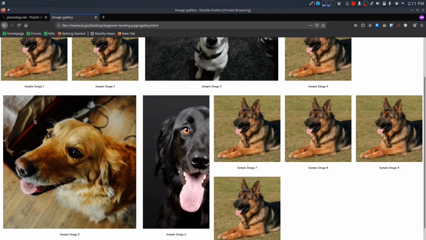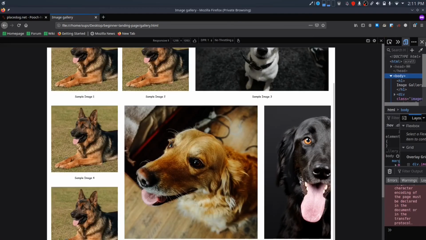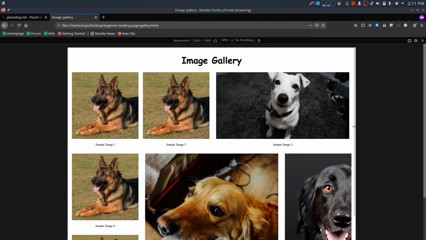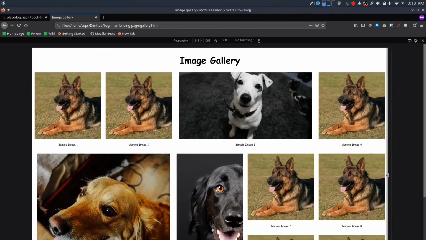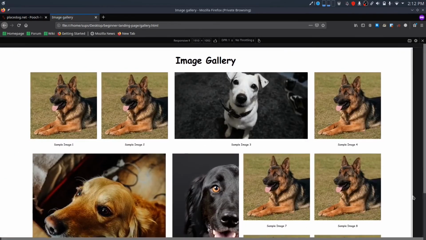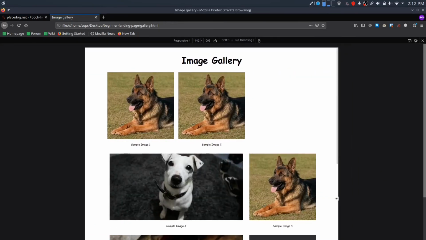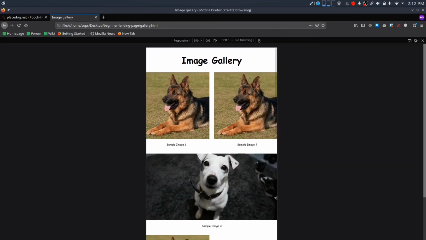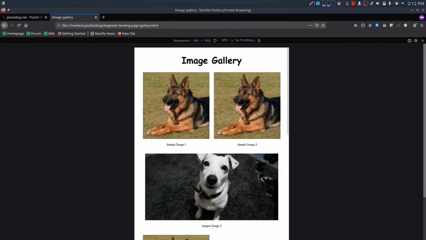To check responsiveness in Firefox, you can switch to responsive design mode from developer tools. Now you can resize and check how the web page responds to the change in the width. Notice how the images and new columns are added automatically if the available width is more than 300 pixels. Below 600 pixels, it won't be responsive as this image has a width of 600 pixels. We will discuss more about responsive CSS in upcoming videos, but for now it's okay.